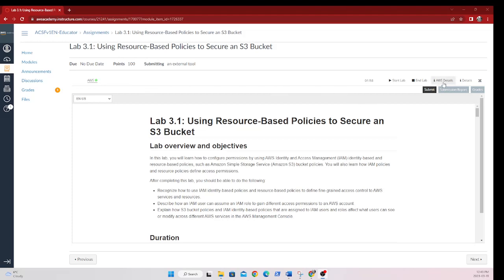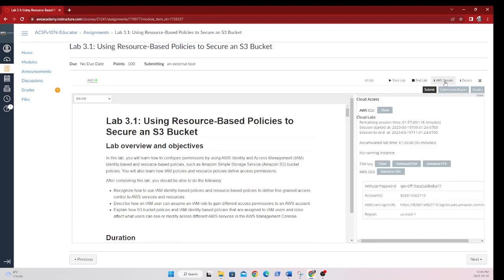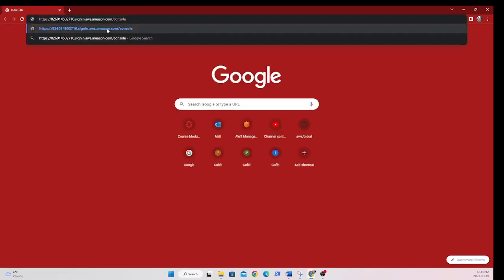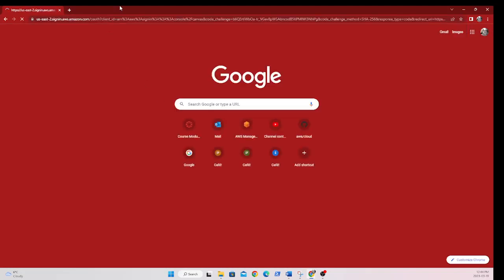Next, click on AWS Details. For this exercise, we are not going to use the default lab user account. In fact, we are going to use an IAM user, dev user, to log in to the console. So copy the URL beside IAM user login URL and open a new browser window, paste it into the address bar, press enter,